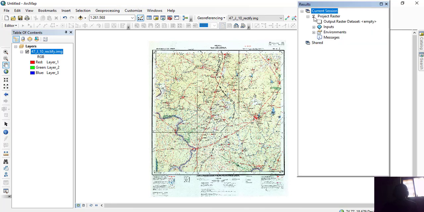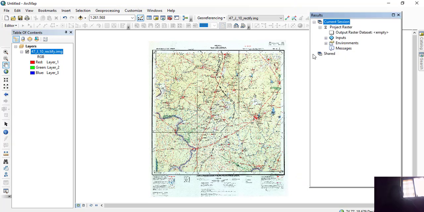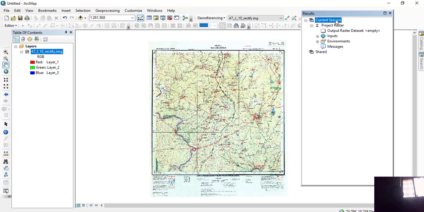This symbol is for the tool being run, and after finishing the tool, the symbol will change.